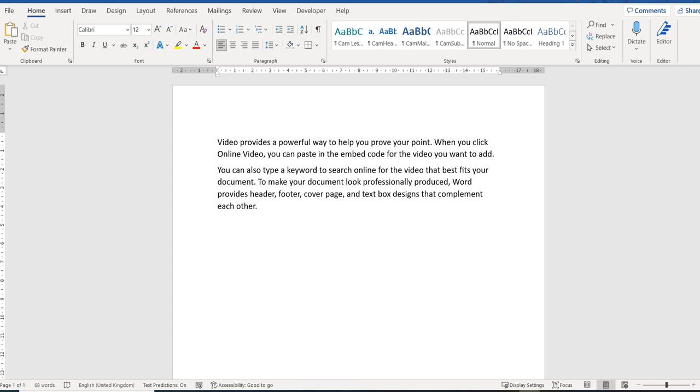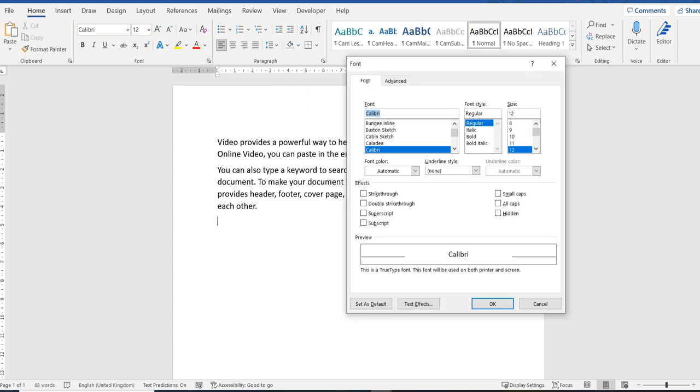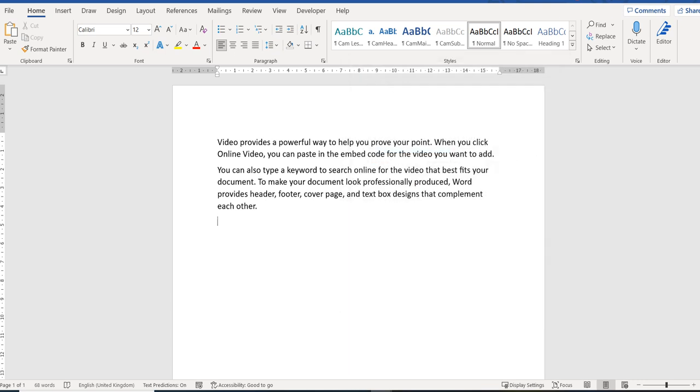Right, so what we want to look at is our superscript and subscript. So this is the subscript icon and the superscript. If you go to the font grouping and you click on the More button, you will also have superscript and subscript that you can tick. We're also going to look at small caps and all caps. So let's jump in. So if I, for example, want to write a fraction 3/4,